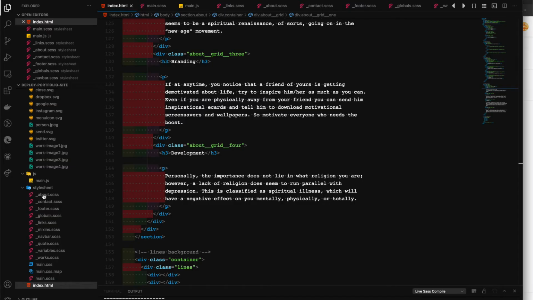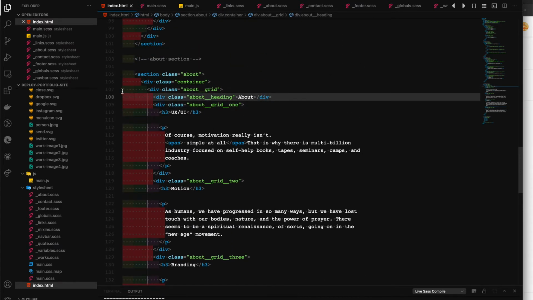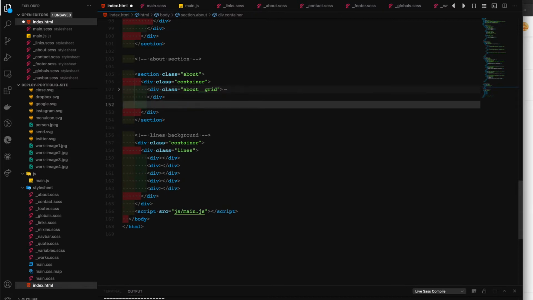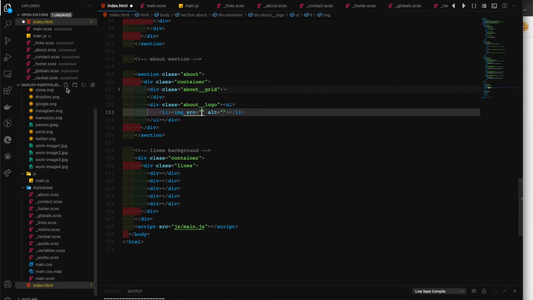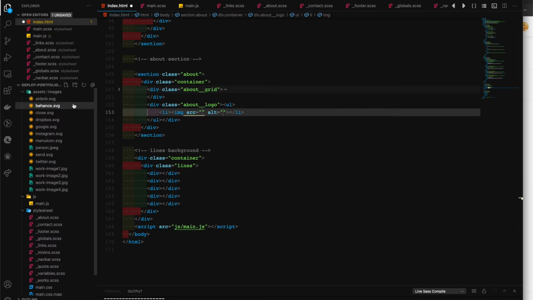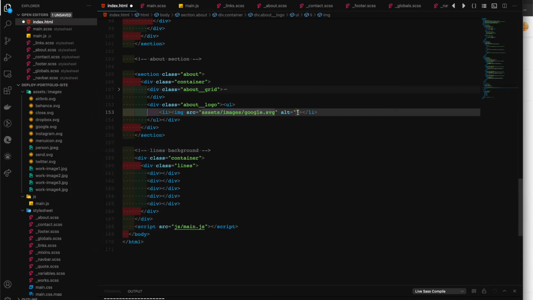For that one, we will just come out of these grid divs for now, which is this div, and inside of here I will create another div and call it a class of about logo and a UL inside of it and an li with an image, and then image source can be, I guess it's Google at the first, so let's copy relative path and paste it right here